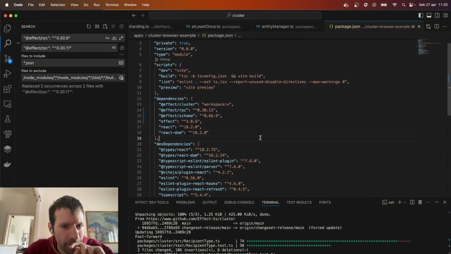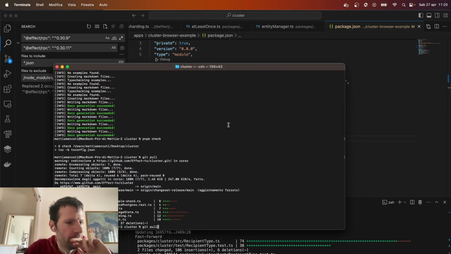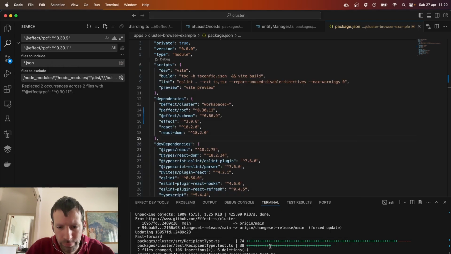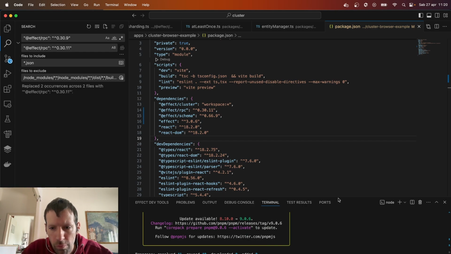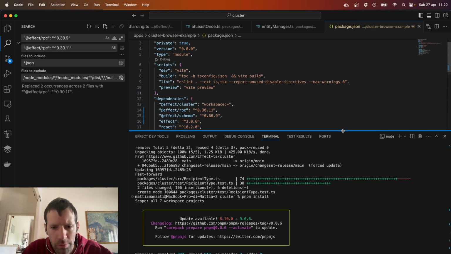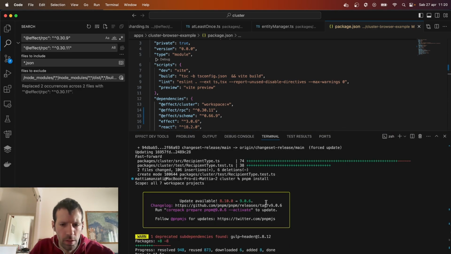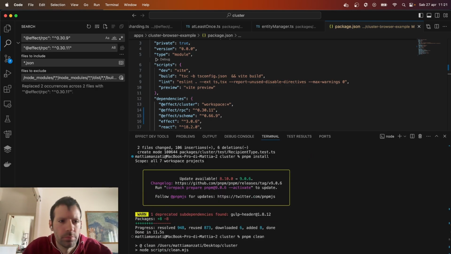Replace. Perfect. Okay, so now npm install. Okay, and hope that we didn't break anything. Okay, so install worked. So npm clean, npm build